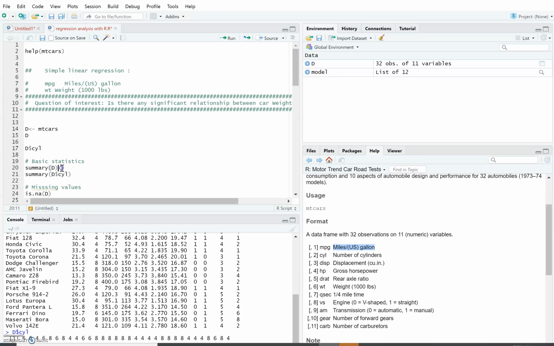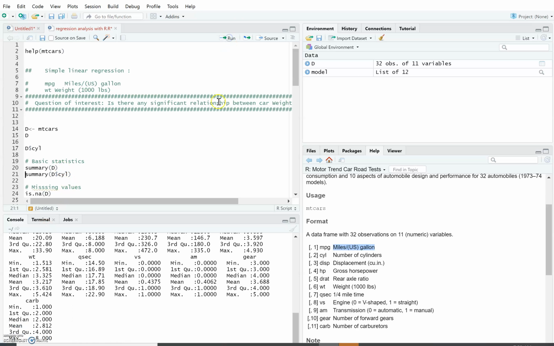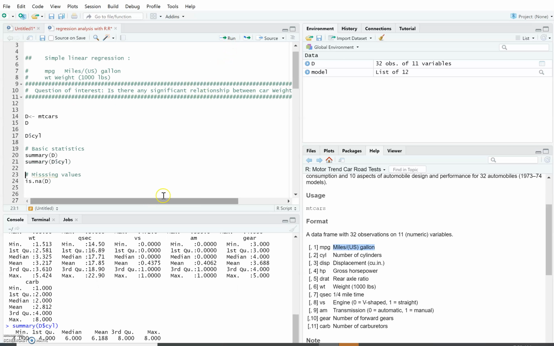You can do the summary of your dataset just by typing summary(g). You get summary statistics for every variable: the minimum, the first quartile, the median, the mean, the third quartile, and the maximum. You can also do the summary of one specific variable. In this case, cylinder, the number of cylinders: we have the maximum number of cylinders, which is 8, the minimum, which is 4, the first quartile 4, the median 6, the mean